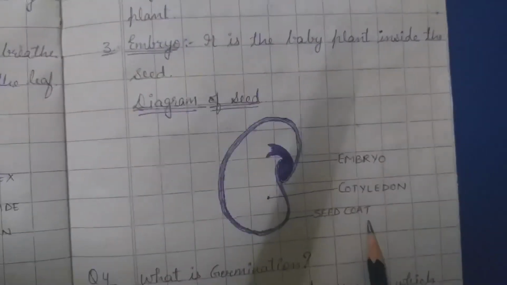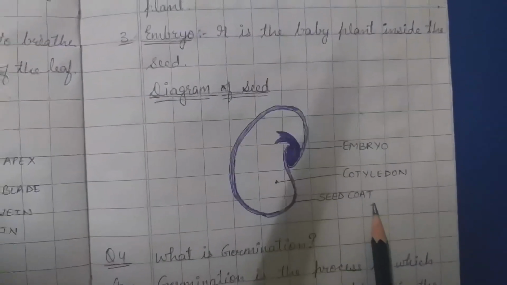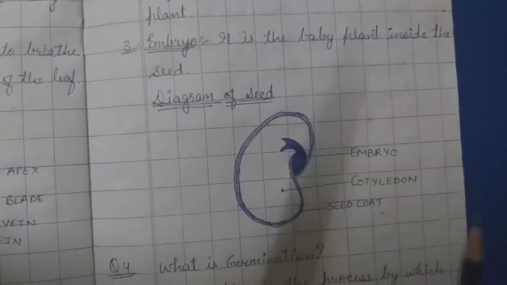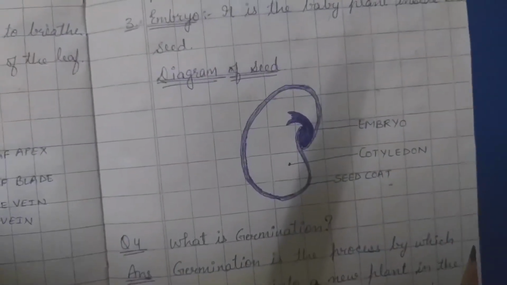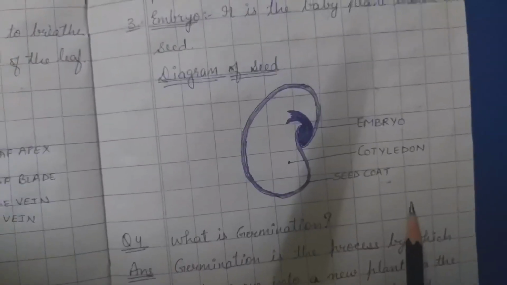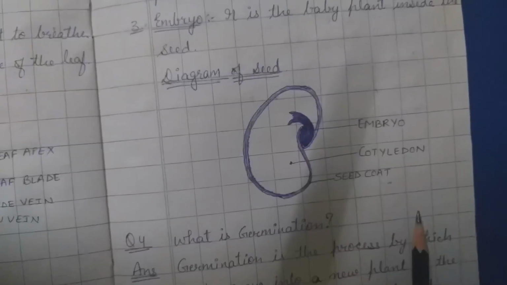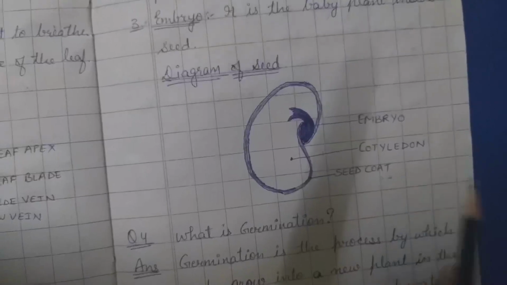Then there's diagram of seed. This is how you have to draw the diagram of seed. You have already drawn in your notebook, I hope. But for this question also you have to draw the diagram again. It will be your practice only. So do draw this and draw it yourself. Don't take anybody's help. Try to draw the diagrams yourself, because in the exam also you have to draw it yourself. Nobody will help you there. So practice the diagrams yourself.